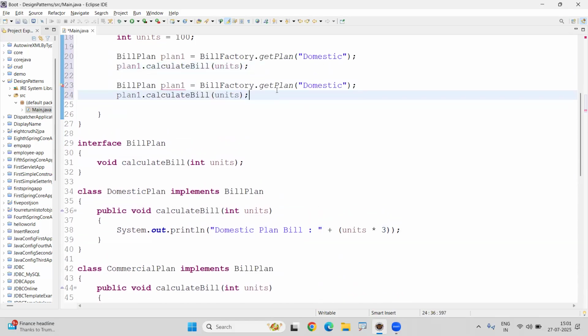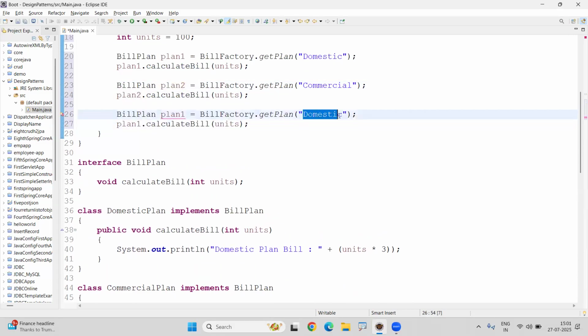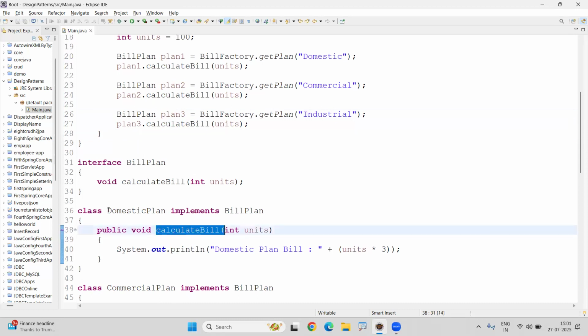Here it is. Right? Suppose if this plan is a commercial plan, we just call it plan 2. Suppose if it is an industrial plan, it is plan 3. Right? So normally, see, if you want to call this calculate bill, directly you can create an object for